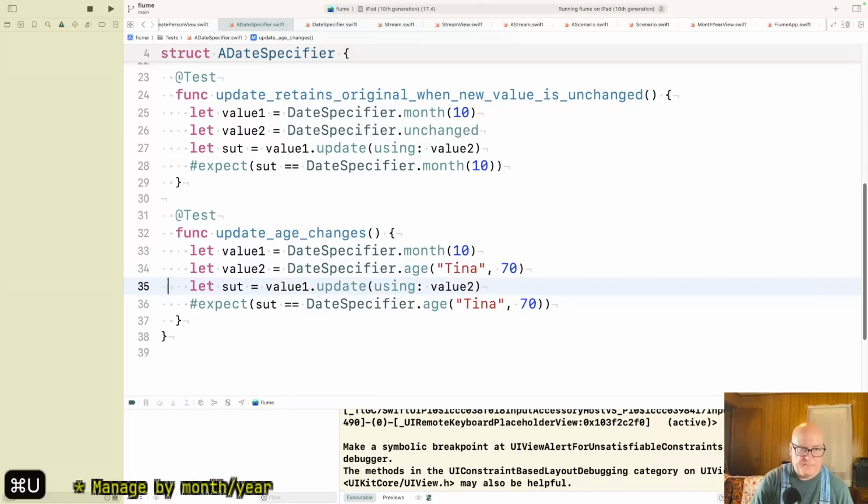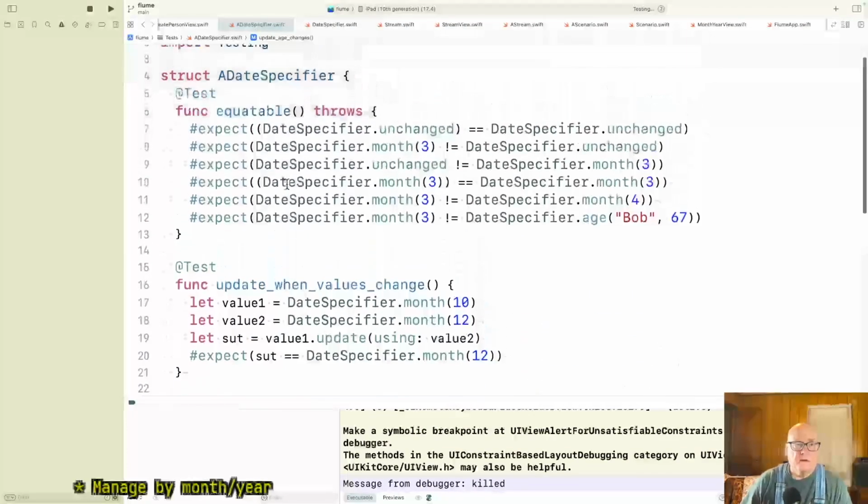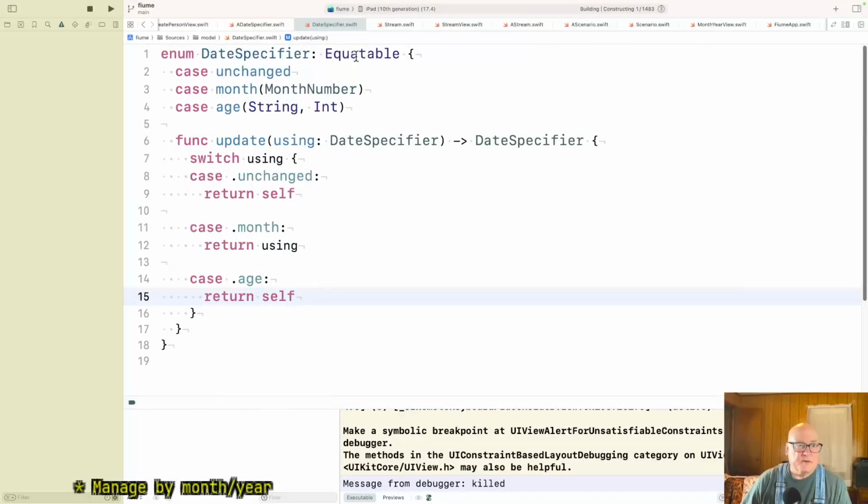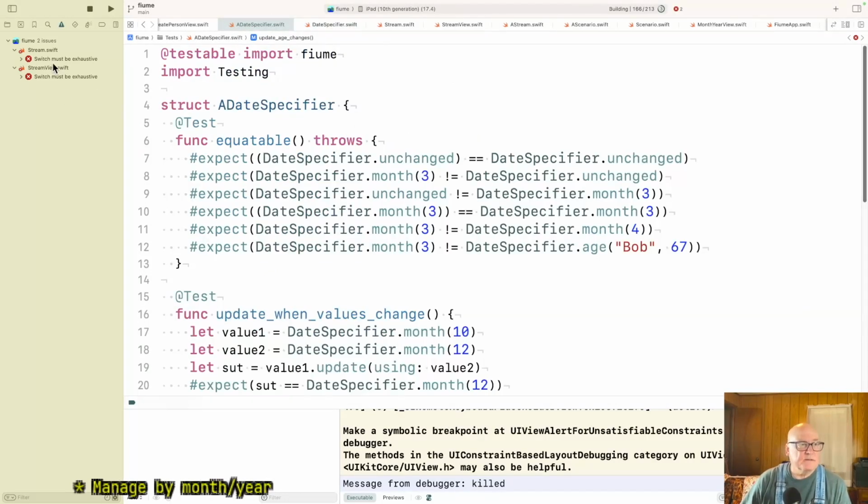Okay. So we haven't fixed, well, equals comes for free because it's an enum. Switch must be exhaustive. Okay, who else?